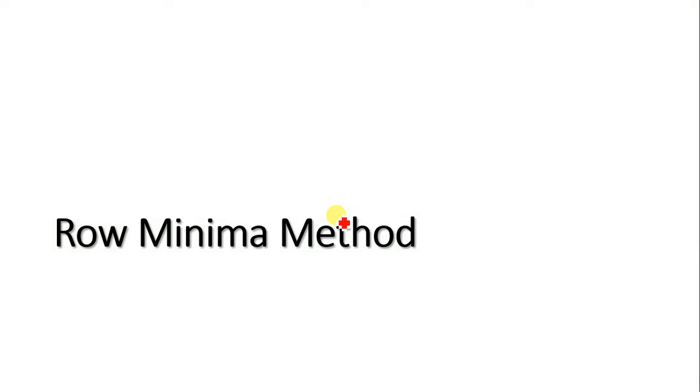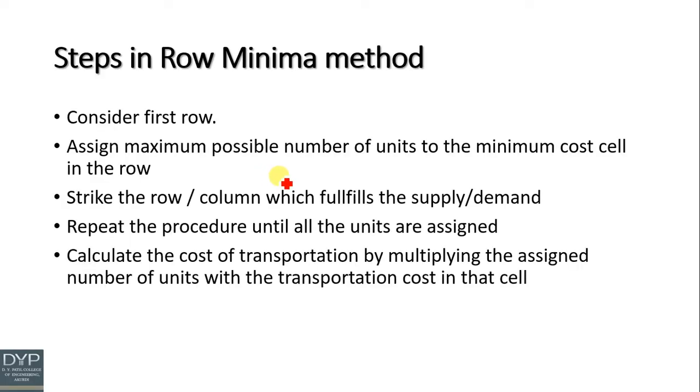Students, now we are going to solve the transportation problems with the row minima method. As the name indicates, it means that we have to find out the minimum from each row and then we have to assign the number of units to that. Now starting from the first row, we are going to assign the maximum possible number of units to the minimum cost